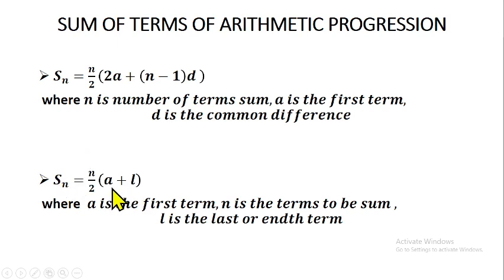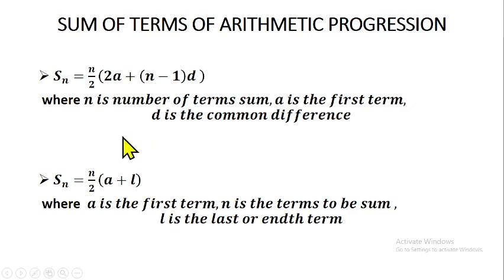We can also use this formula to sum terms together. Now we see how the sum of terms equals n over 2 into open bracket a plus l close bracket, where l means the last term. If you remember, we said that the last term, or the nth term, is the same thing as a plus open bracket n minus 1 close bracket d. So this formula and this formula are the same thing, because if I put the last term, which is a plus n minus 1 d, here, a plus a will give me 2a plus n minus 1 d. They are still the same thing, but they serve different purposes.